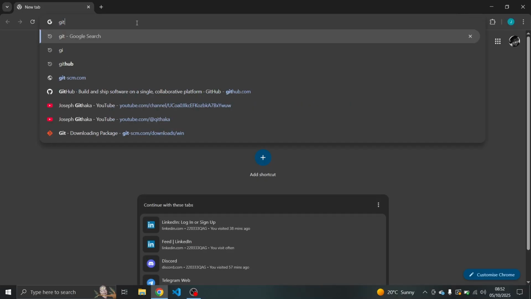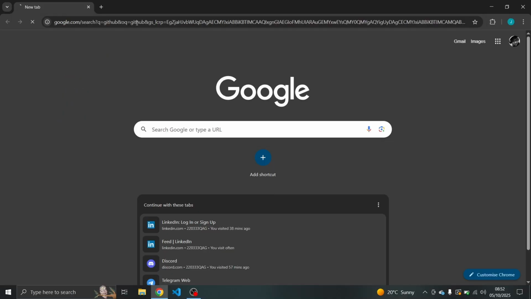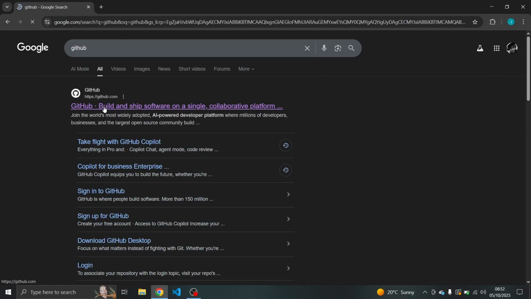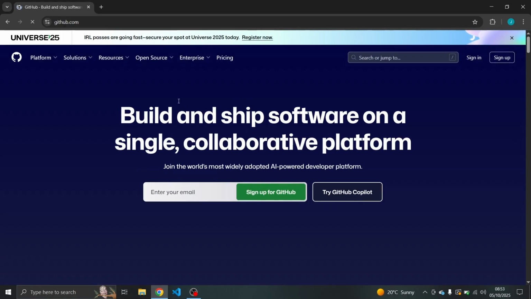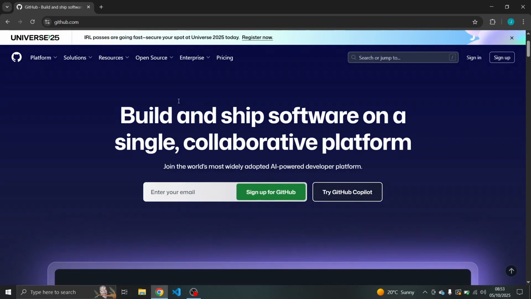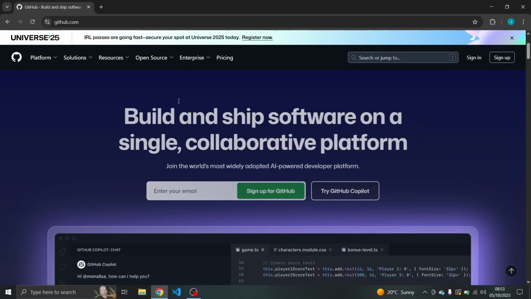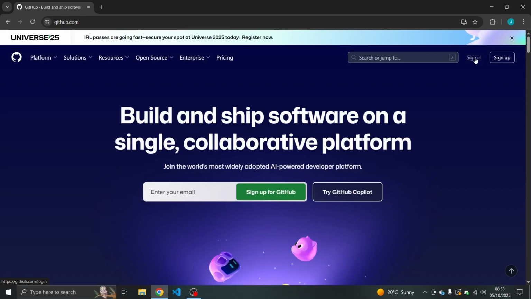So first things first, if you don't have a GitHub account, go and create one, because this is very important. For me, I actually have an account. You don't need somebody to coach you through creating a GitHub account. If you want to become a developer, you can do that on your own because it's easy and self-explanatory. For me, I just sign in to my GitHub account, but for you, if you don't have one, kindly create one, and hopefully we'll land in